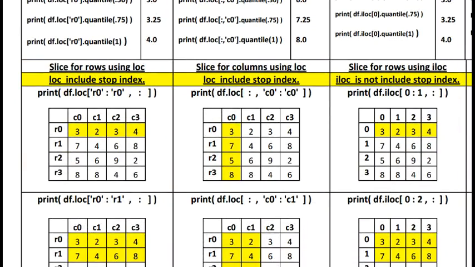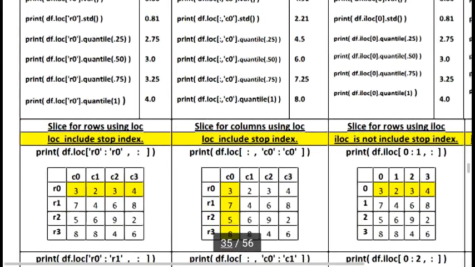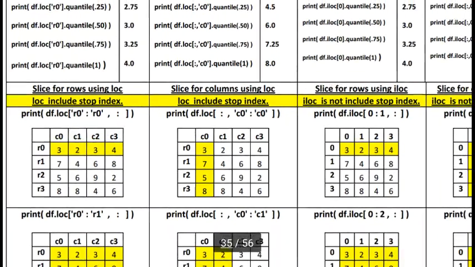So here, last time I accessed only a single row and all the rows, a single column and all the columns. But here I want to access more than one row using a slice operation. We know very well in loc or iloc we always use a comma, and before the comma is always row slicing, and after the comma is always column slicing.